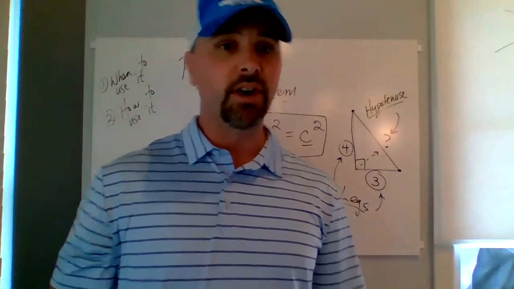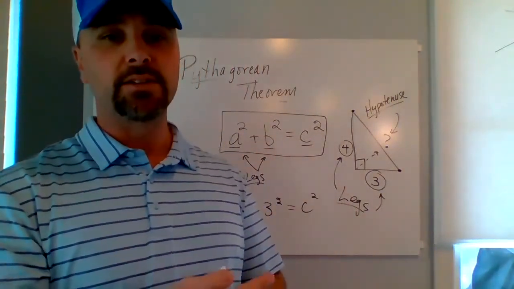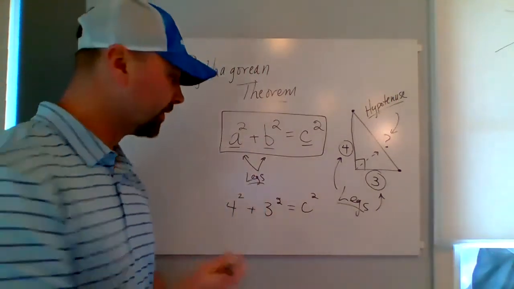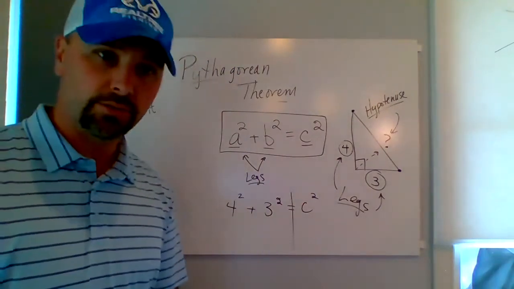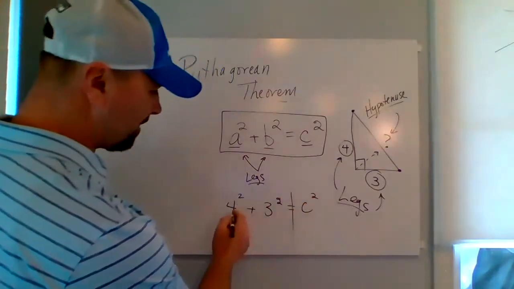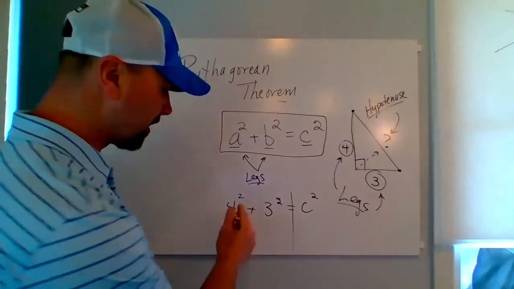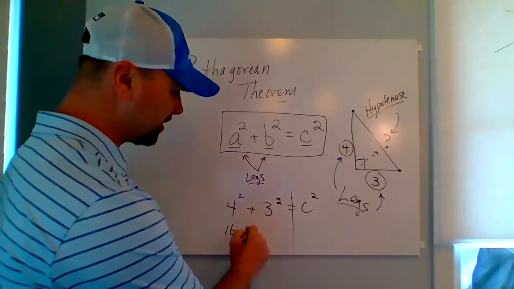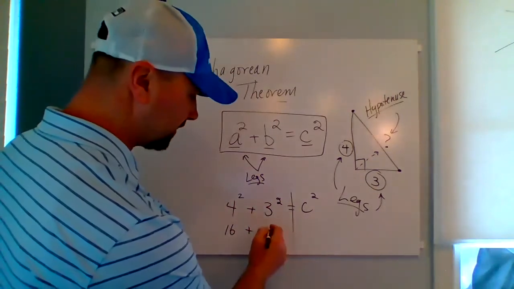Hard part's done. Hard part is recognizing you need to use Pythagorean theorem and making sure you got your numbers in the right spot. Now we just do the algebra. Okay, this is the easy part if you've been in my class. So start by squaring these numbers. 4 squared, that means 4 times 4. 4 times 4 is 16. Bring down your addition sign. 3 squared, 3 times 3, 9,